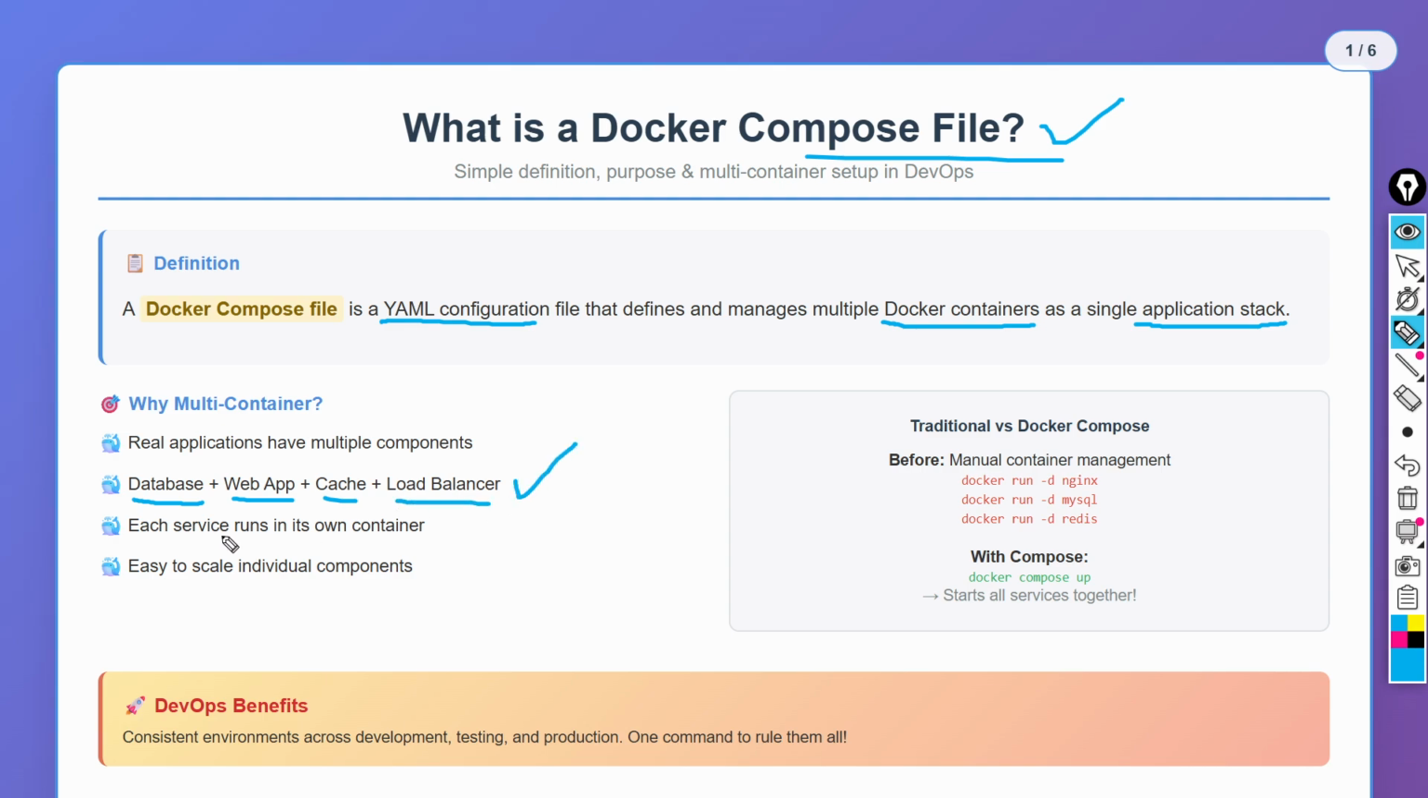Each service basically runs in its own container, which is isolated, and this helps to scale the individual components. That is the main purpose, and why multi-container setups and the Docker Compose file came into the picture. Let's say you are managing a single application stack, but it has multiple containers. So before Docker Compose,